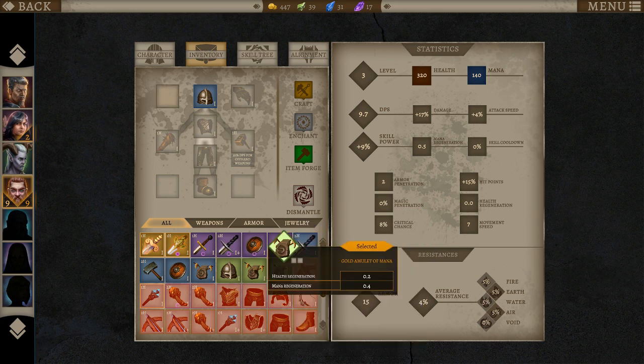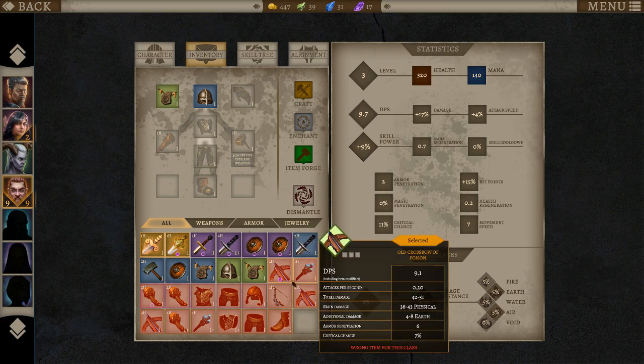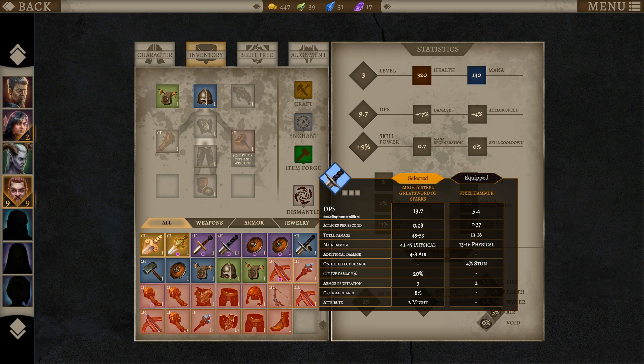Probably okay. This is health and mana regen. That's health, mana, and critical chance. Sure, let's do that. And I can give him a buckler or a two-handed weapon. Should I just go like